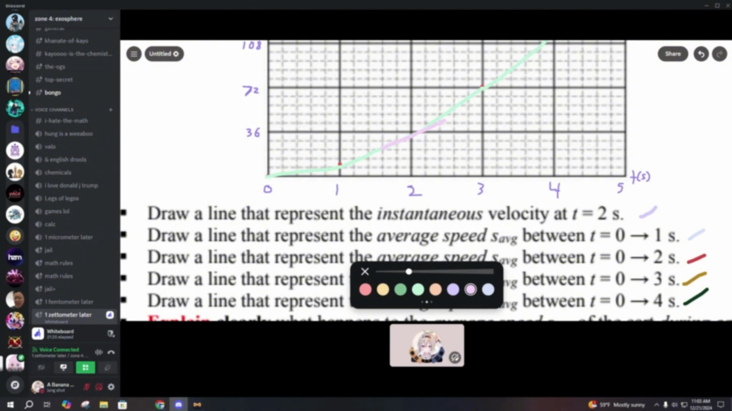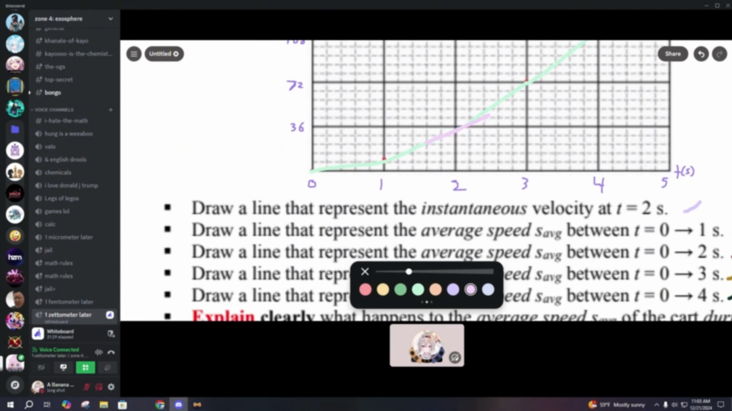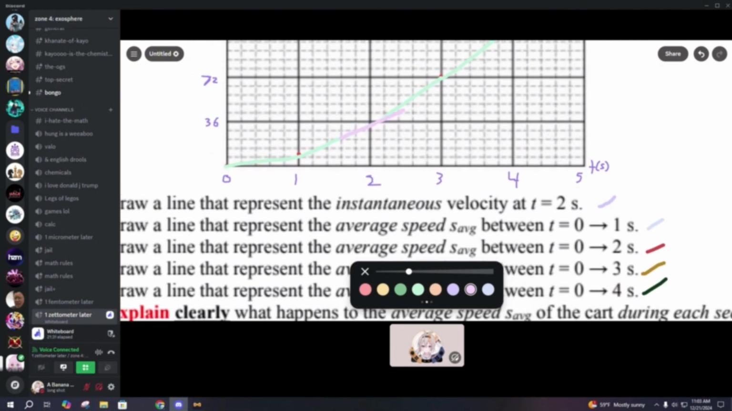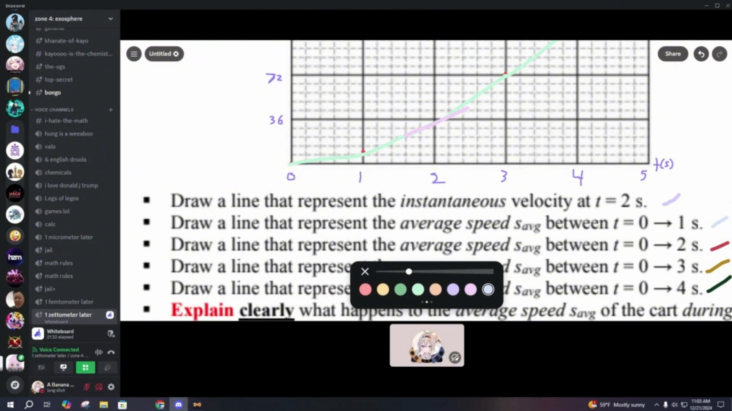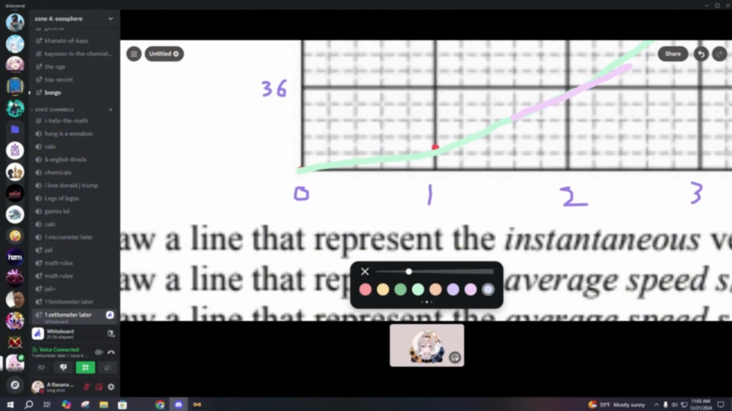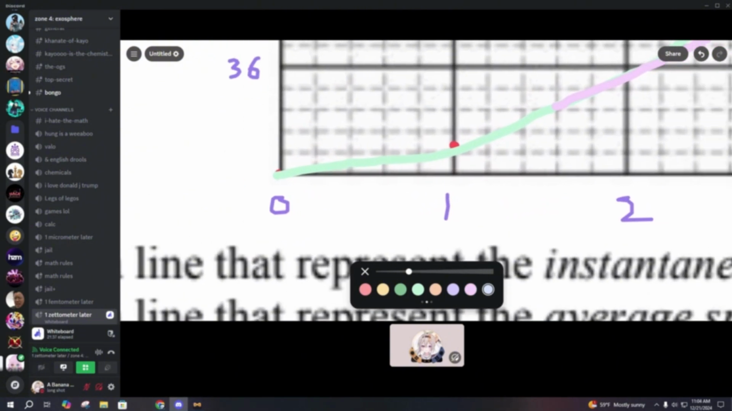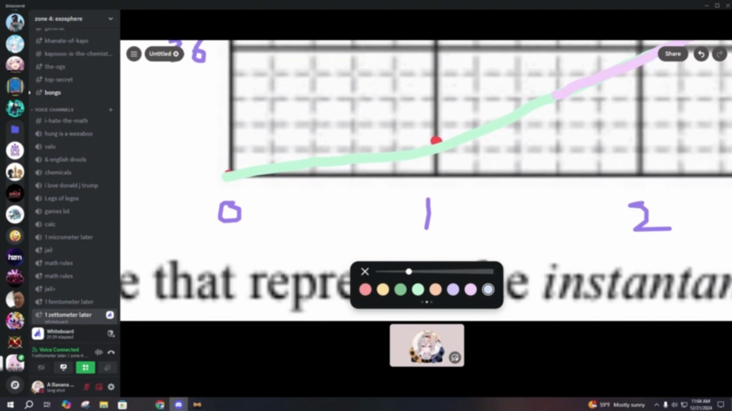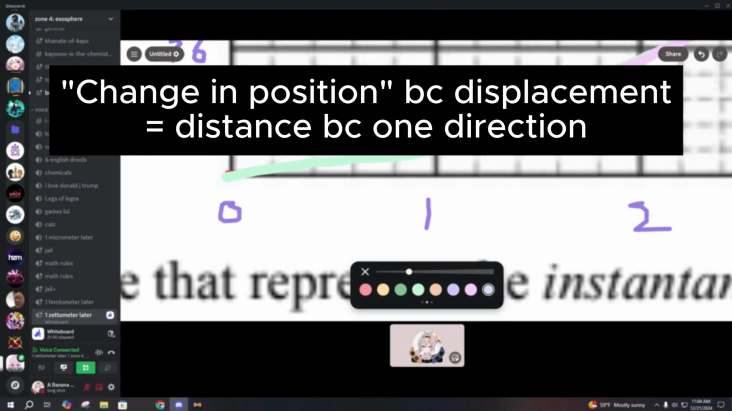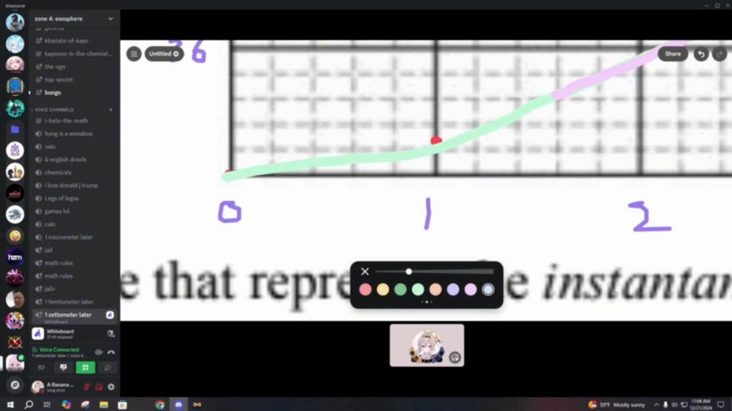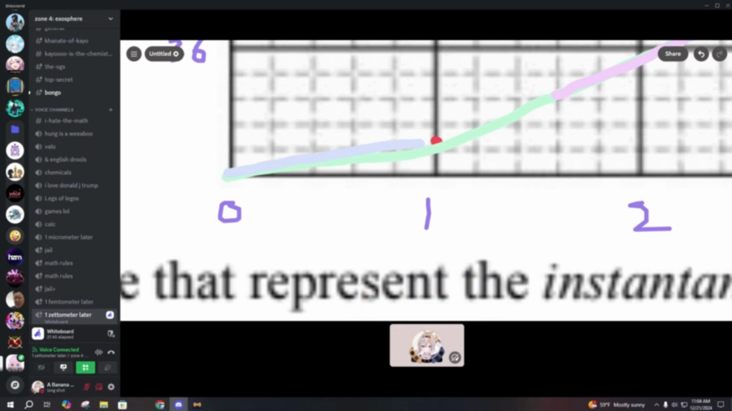Now, draw a line that represents the average speed between 0 and 1. Well, let's do that. Between 0 and 1, we want a line that represents the average speed. So let's get this baby blue color. 0 to 1, right? It's going to be the slope of the secant line, because it's the change in position over this 1 second interval, right? So it's going to be